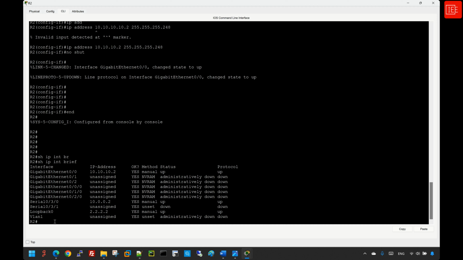Let's just do some in-flight checks. And you can see that this IP address has been assigned to gig Ethernet 0/1, and that interface is in the up state. Next, we will need to enable OSPF across all routers. So I'm going to start with router 3. So I'll go to router 3 and I'm going to go to the global config. And then from there, I'm going to say router ospf, and then I'm going to include the